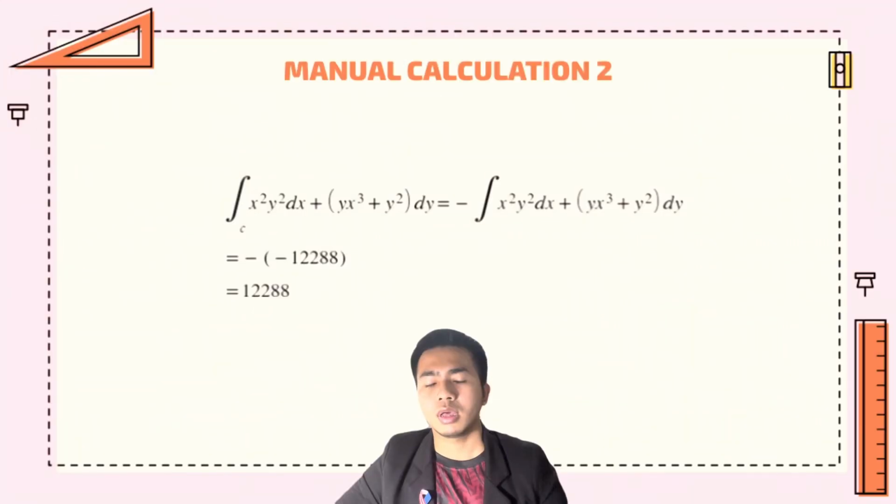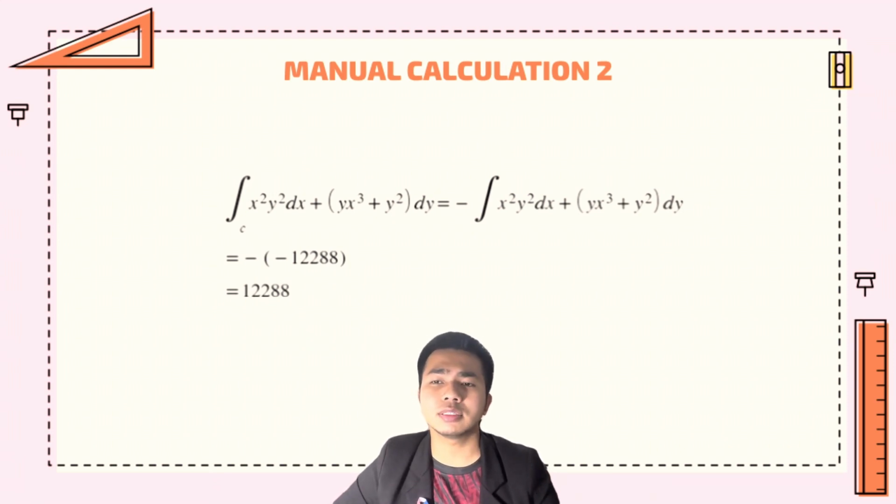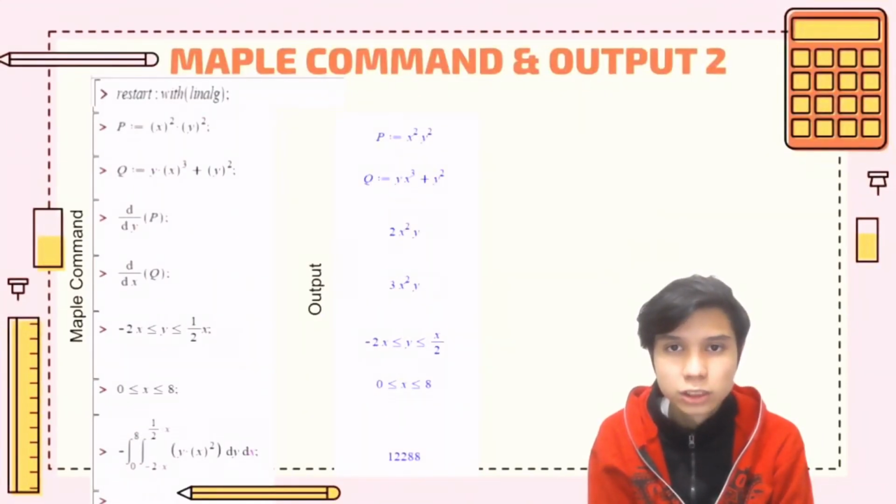12,288. However, since the equation states that C is negatively oriented, we need to modify the theorem by adding a negative in the formula, which is in front of the double integration of the formula. Therefore, we get the answer is equal to 12,288. So for question 2, the first command we will assign P into x square times y square and we